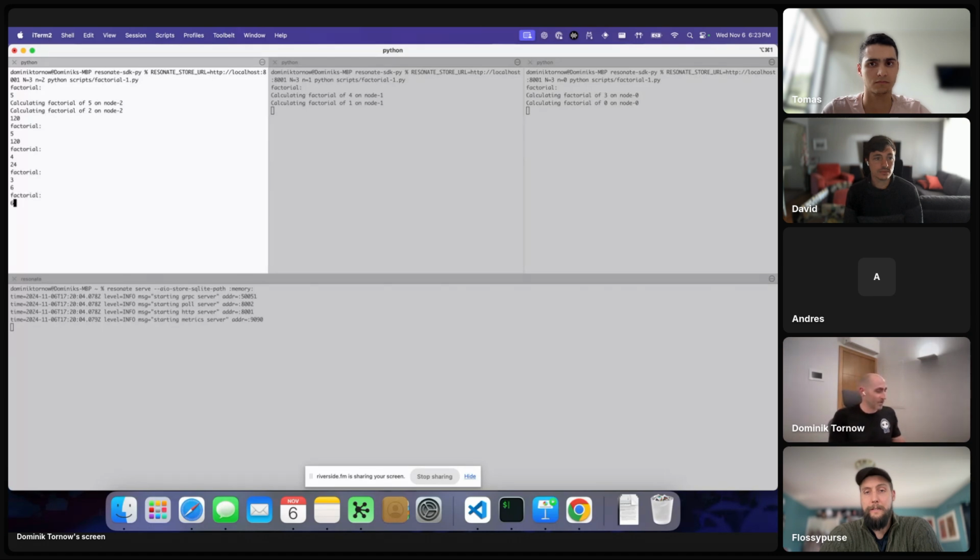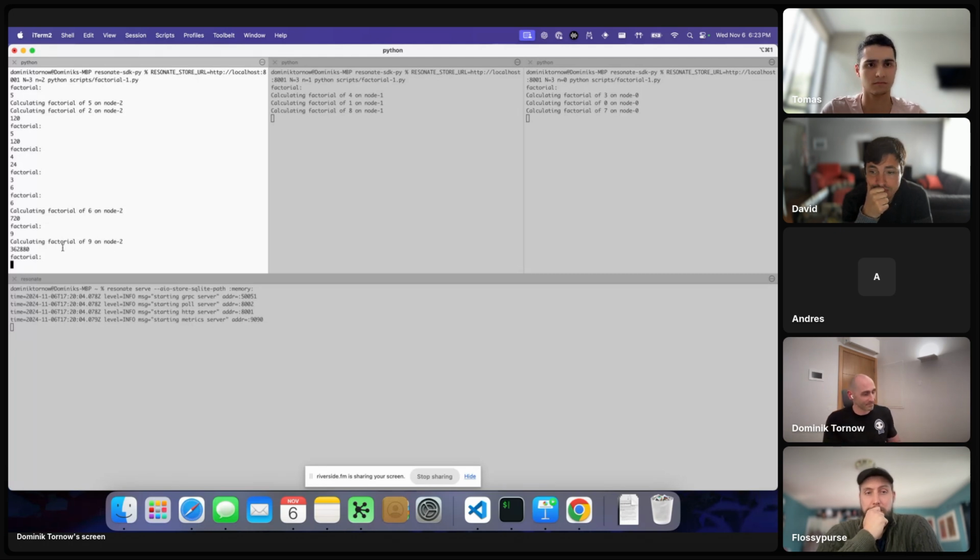But what happens if I now want to calculate factorial 6? Are we going to see some remote function call? Well, actually no, because we calculate factorial number 6 right here, and then when we request factorial of 5, that has already been done. So then we immediately return that. Now, if I request factorial of 8 now here, then the same would happen. So therefore, I request factorial 9 so that we can see it jump at least once. And then we see it jump to the other side and come all the way back to the node 2 here again.